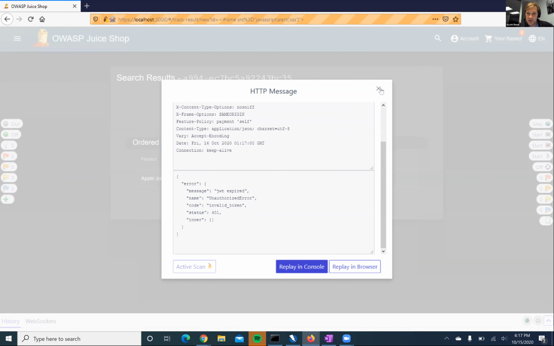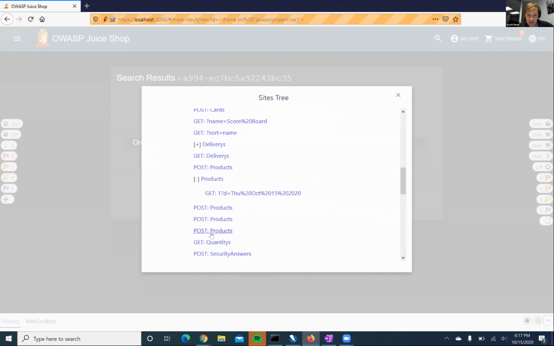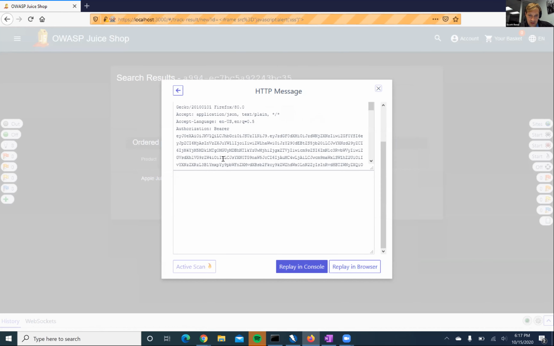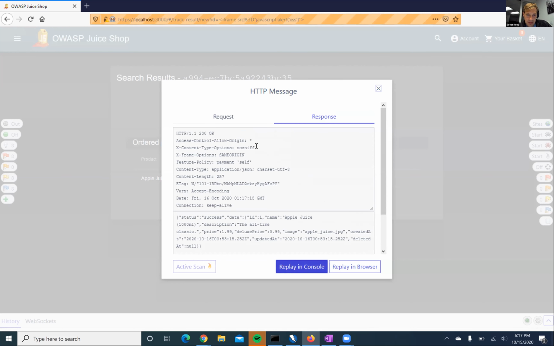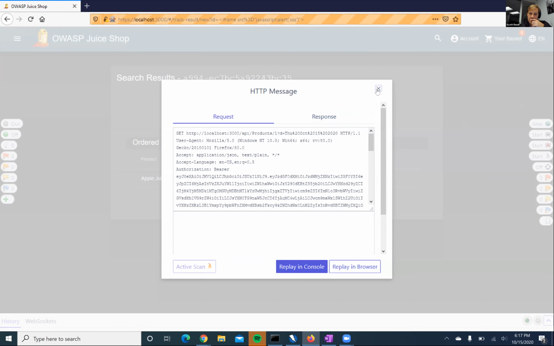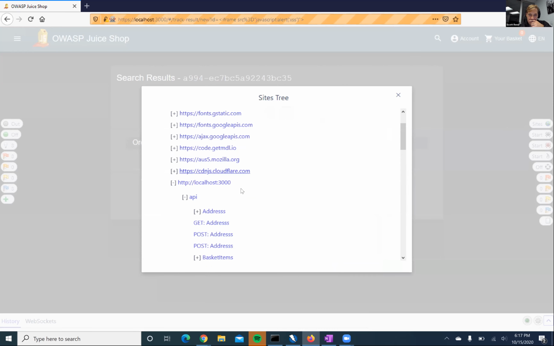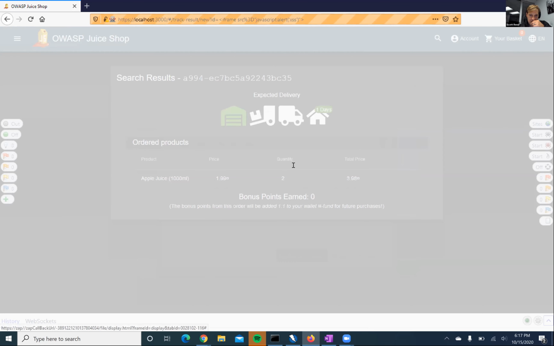The JWT expired, of course. So I have to go close that site, I have to go here, and let me just make sure that one works. Okay, good. And then I just say, where is that? So this is the, hold on one second. Actually, it might be easier to do with a post. Hold on one second. Let's just do site tree and address post.